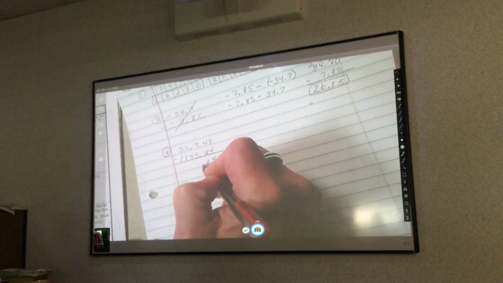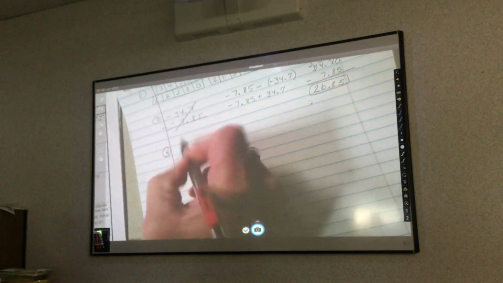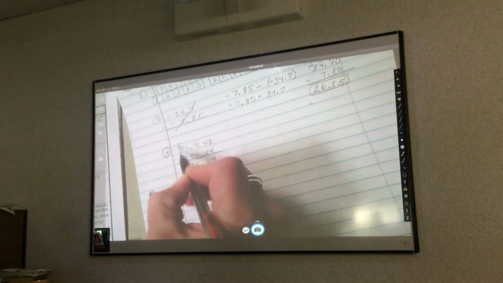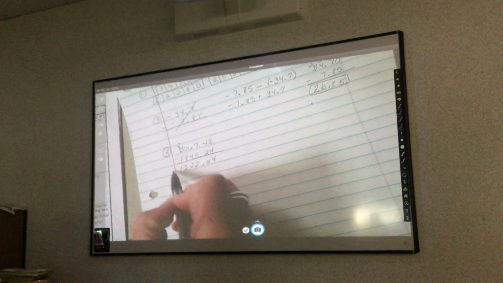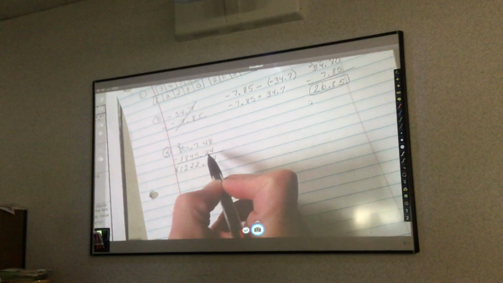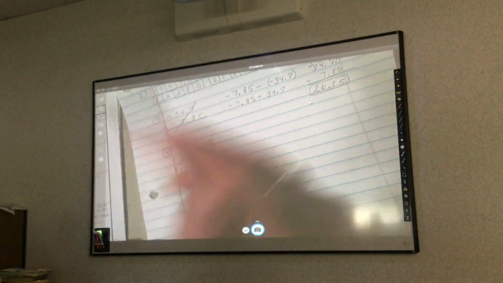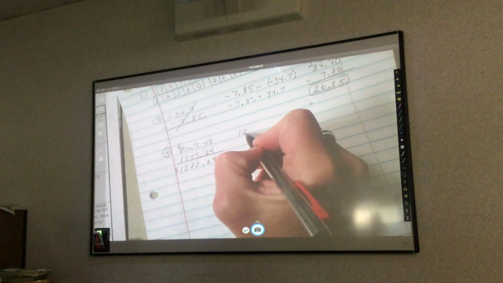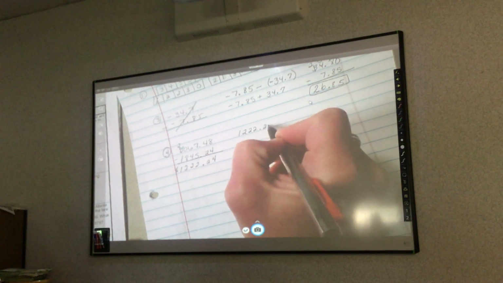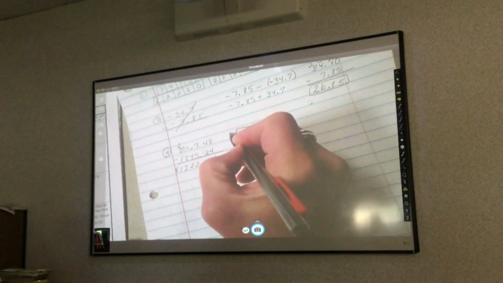4, 2, decimal point, 2, 2. I cannot do that, so you need to borrow. 10 minus 8 is 2. 2 minus 1 is 1. That is how much my tickets cost. But there are 2 tickets. So I take $1,222 and 24 cents